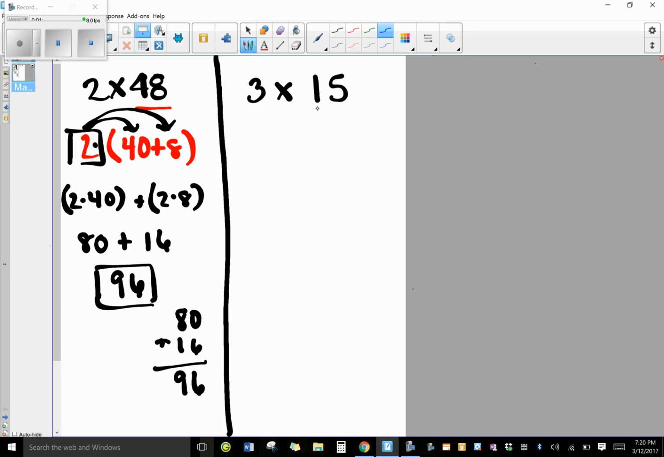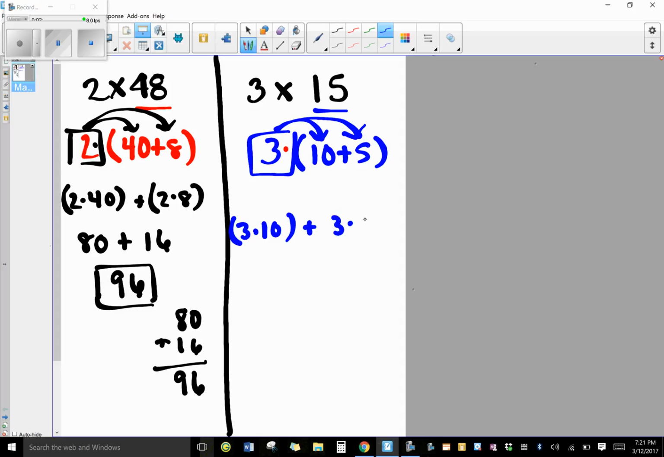Okay, so my double digit number is 15. I'm going to break up 15 into 10 plus 5, okay? And then I'm going to put that in parentheses and bring down my number 3, okay? So when we know that we need to multiply, so I'm going to draw in my multiplication sign, and I'm going to box everything out and draw my arrows, okay, to show what I'm distributing. So I'm going to have 3 times 10